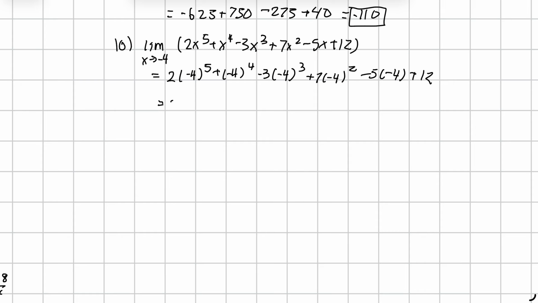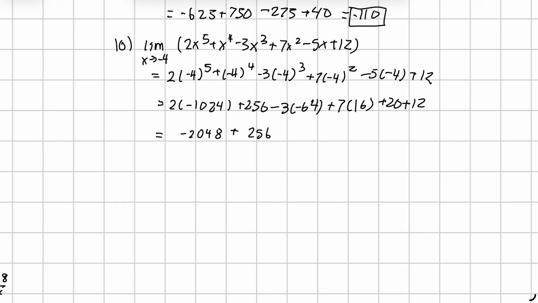We get 2 times negative 1,024 plus 256 minus 3 times negative 64 plus 7 times 16 plus 20 plus 12. Then 2 times negative 1,024 is negative 2,048. We have 256 still. And then negative 3 times negative 64 is positive 192. We have 7 times 16 is 112. And we have 20 plus 12. So if you add all this together, you're going to get negative